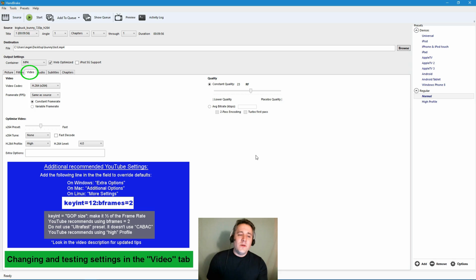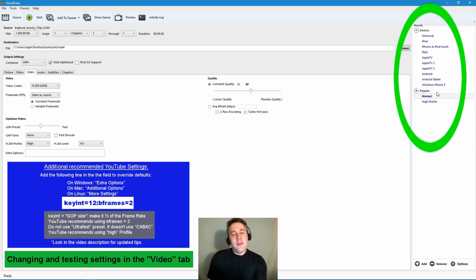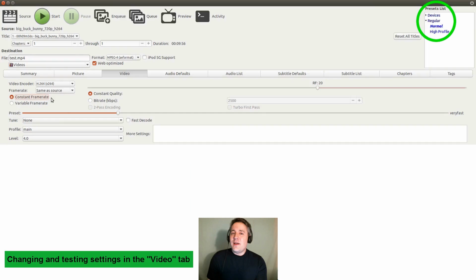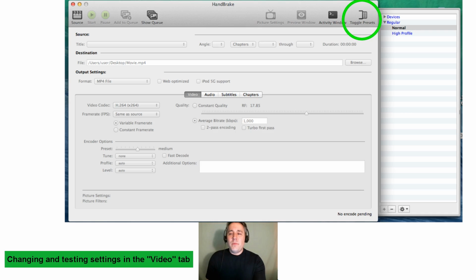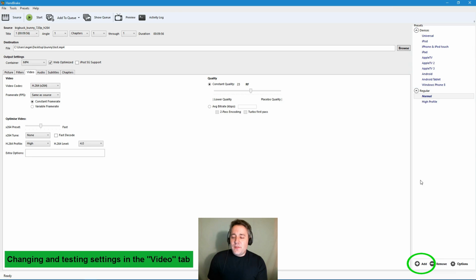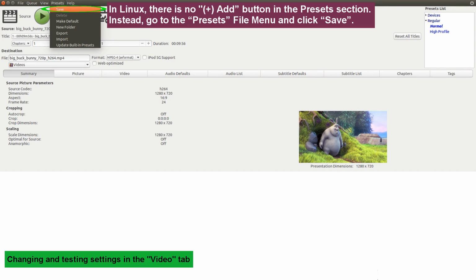Now, you guys don't want to have to set all these settings every single time that you import a new source file to be re-encoded. So we can just save a preset that will automatically set all the settings for us every time we bring a new video in. So the way you do that is you go over to the presets, and on Windows they're on the right side of the HandBrake program, and on Linux they're at the top right. On the Mac you have a button that will pop out a presets window, and at the bottom of the presets you can click on this Add button,